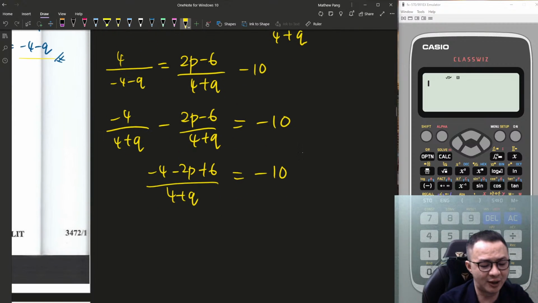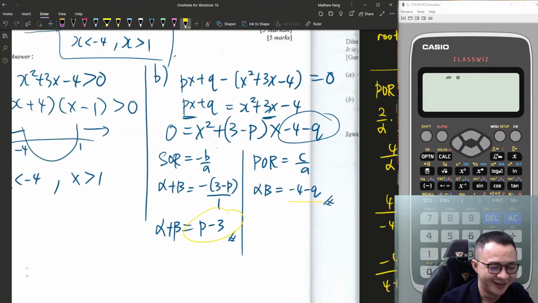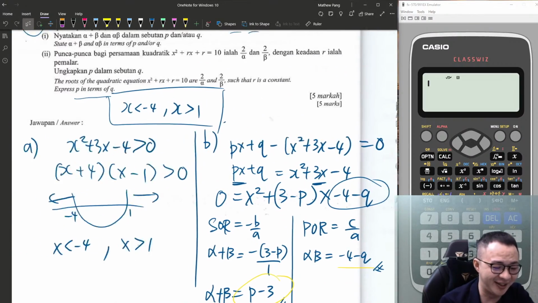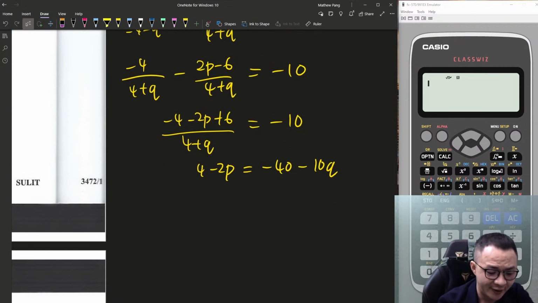I'm going to cross multiply it. So this is 4 minus 2p equals negative 40 minus 10q. What do they want? They want p in terms of q. Okay, make p the subject. Then it's still fine. Negative 2p equals